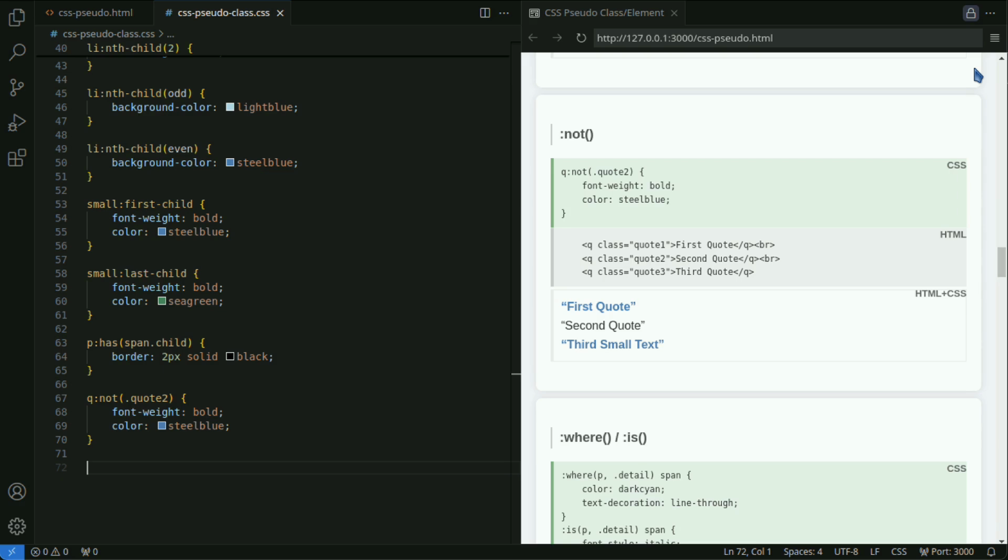Not applies styles to elements that do not meet specific conditions. In this example, the text of q elements, except those with the 2 inches class, is styled as bold with a shade of blue.